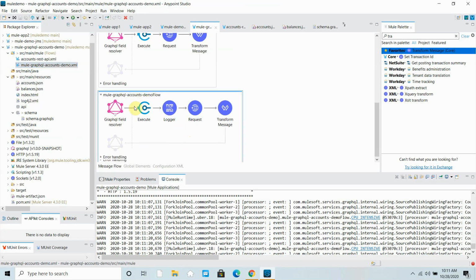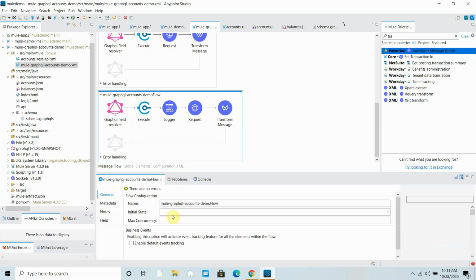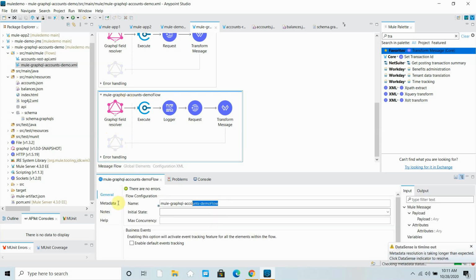Let me give a good name so you can understand. So I can give this as GraphQL balances. Okay, so in this case, it will call both the resolvers.